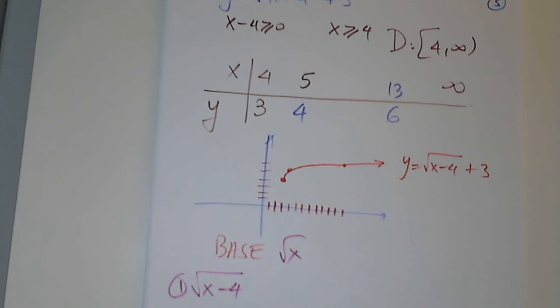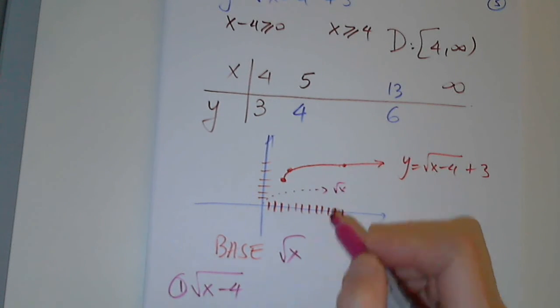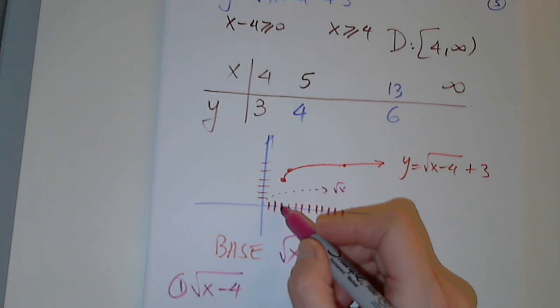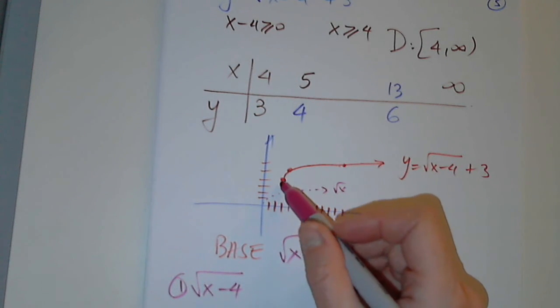So what is the first transformation? What does the first transformation do on x? Right. Right 4, exactly. So from the square root of x, you will move to the right